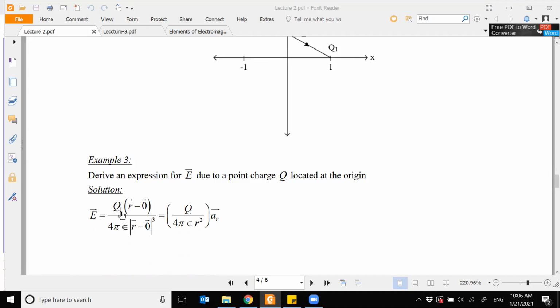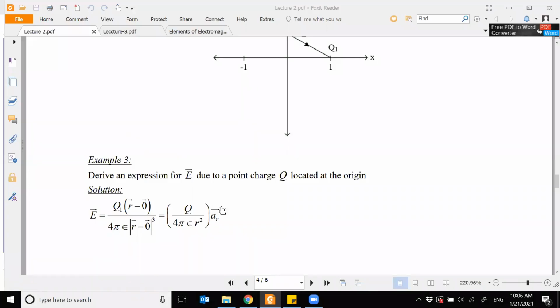So it is Q1 times R, the position vector where your point of interest is, minus 0. Why? Because our charge is kept at origin, divided by 4 pi epsilon times the modulus of R minus 0 cubed. And this is nothing but Q divided by, so I'm now just removing this subscript, Q divided by 4 pi epsilon R square